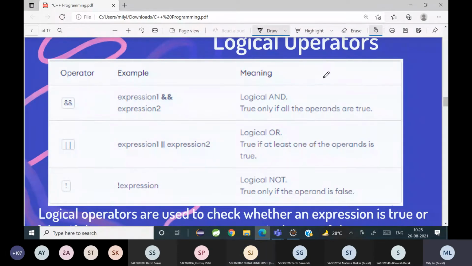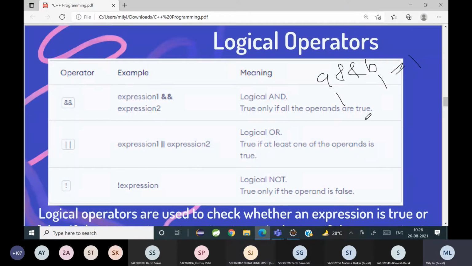मतलब if I'm writing A and B, ठीक है, and if a value of A is 1 and value of B is 1, true मतलब क्या है? 1, right? If the value of A is 1 and B is 1, it should return a 1.